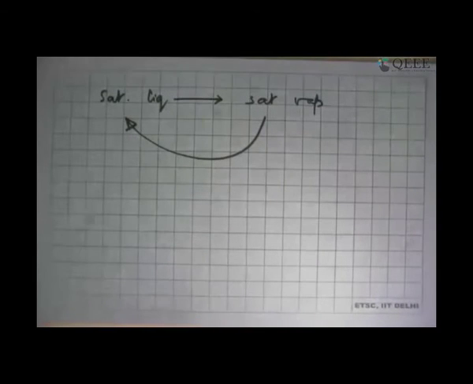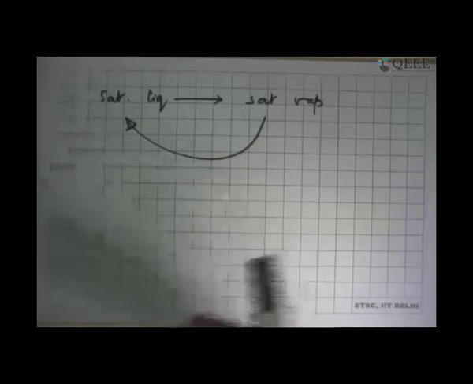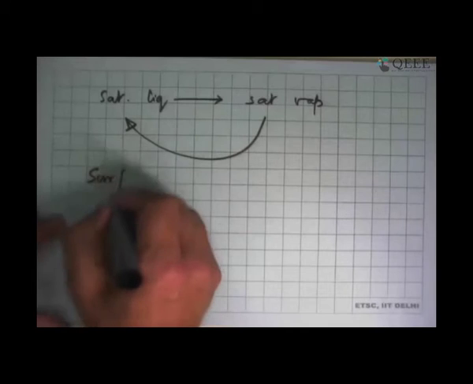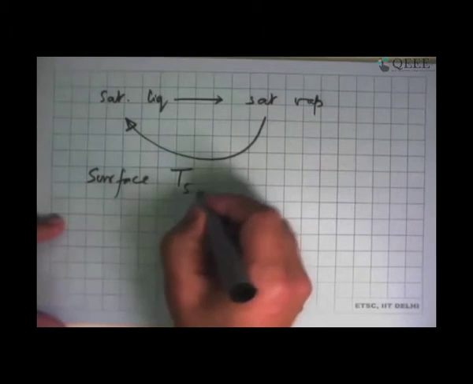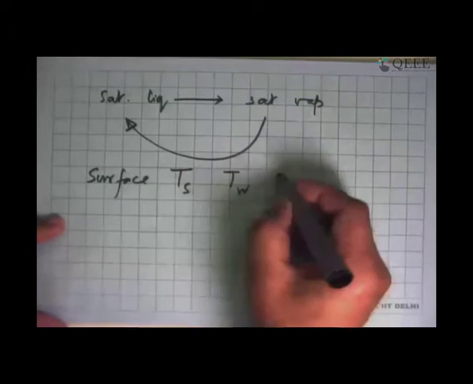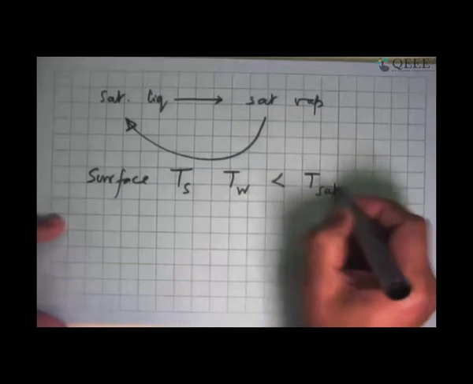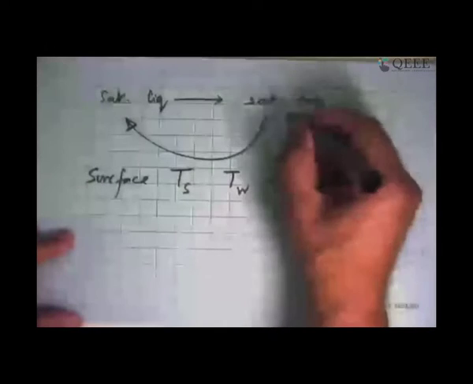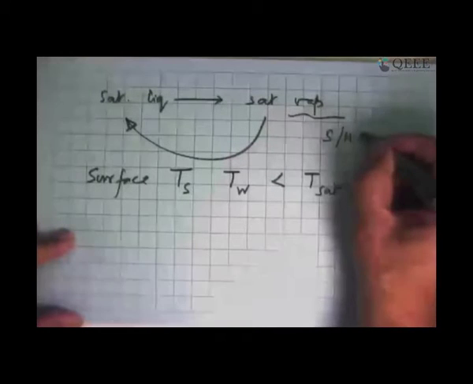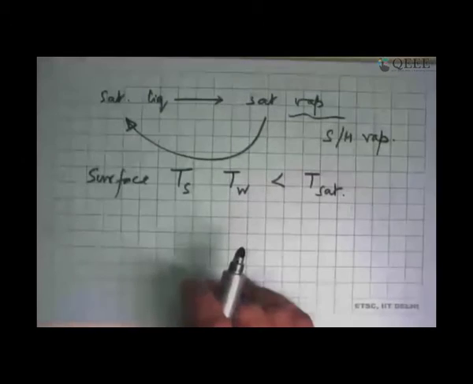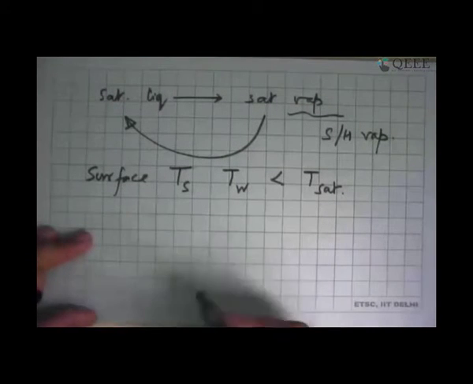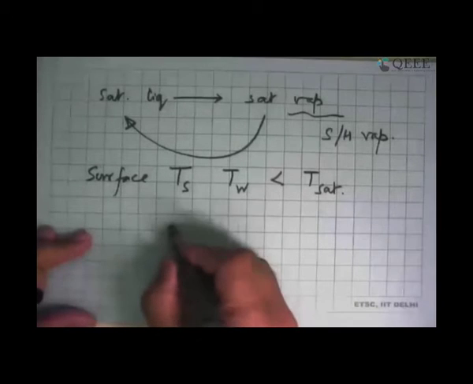So what one does here is that you have vapor which is moving or stationary, and we produce a surface whose temperature, or Ts or T wall as we will call it, is less than the saturation temperature. It could be possible that in some cases we are trying to condense a superheated vapor, a slightly superheated vapor. That means there will be some sensible heat transfer in the vapor until it becomes a saturated vapor, and then it will condense.